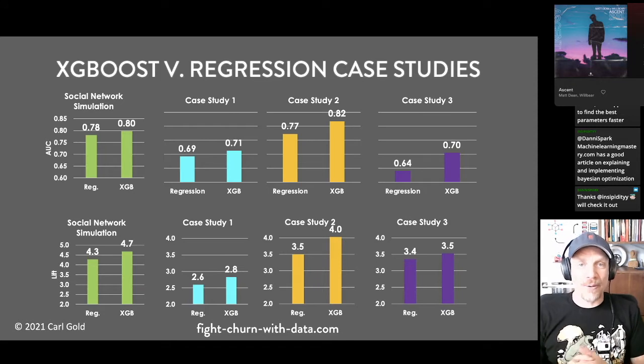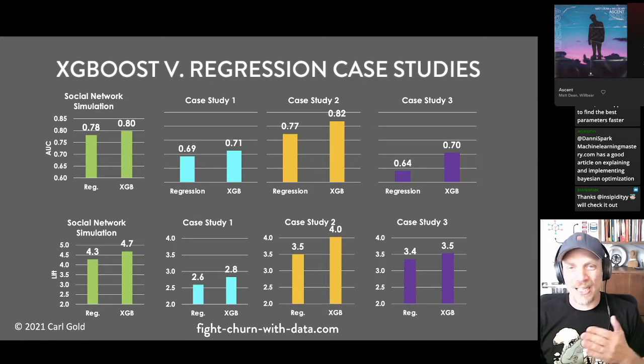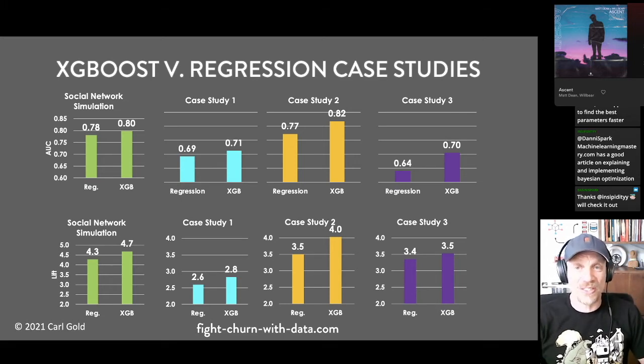Maybe you were expecting more, but actually a 2% increase in AUC is pretty good. Because earlier when I was talking about AUC, I explained that the entire range of AUCs that you really see is between 0.6 and 0.8. Like 0.6 is a bad churn model, 0.8 is a good one. So the entire range of plausible values is from 0.6 to 0.8, and the best is around 0.8. So a 0.02 improvement is actually pretty good, and a 2% improvement in AUC is nothing to sneeze at.